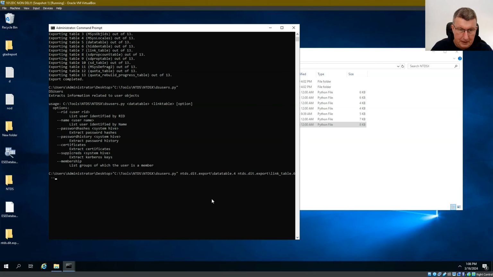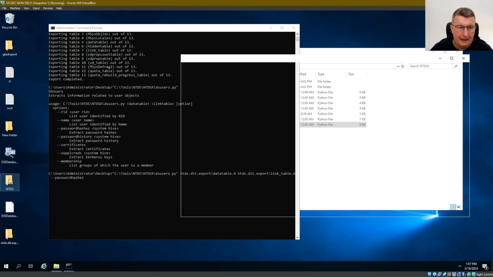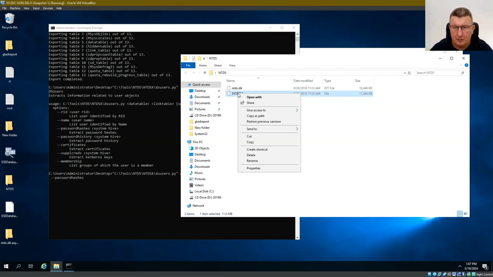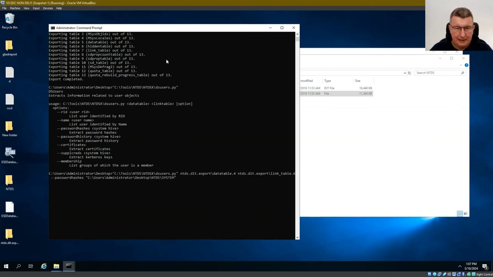And then the password hashes option, and then the system location, which is in my NTDS folder on my desktop, and the system file is here. I can copy the full path again, copy as path, right click, paste,